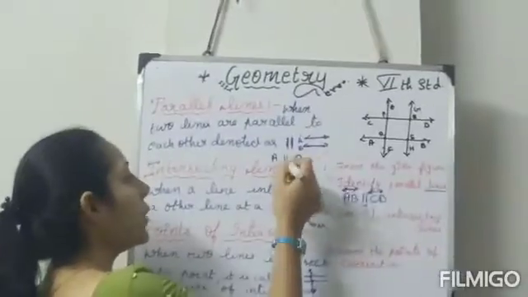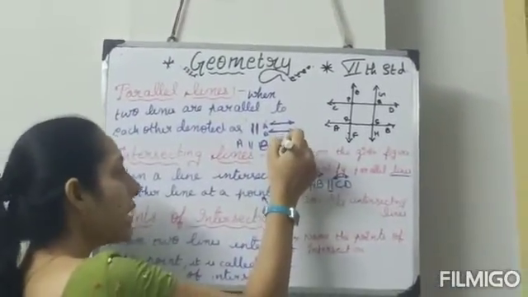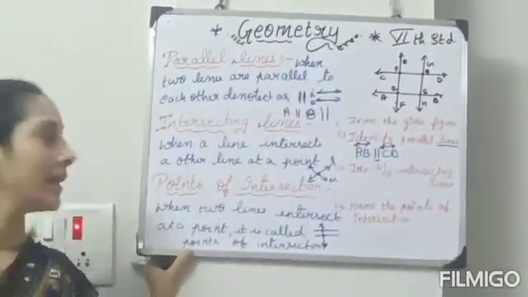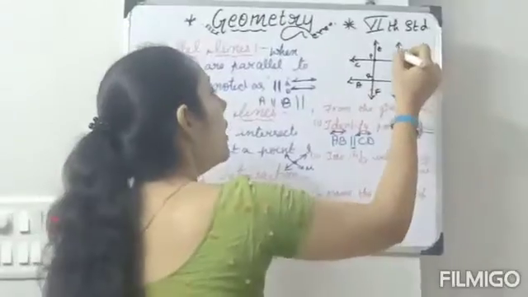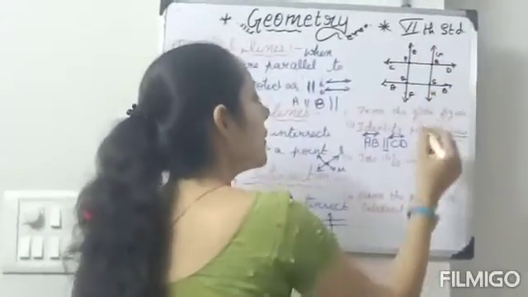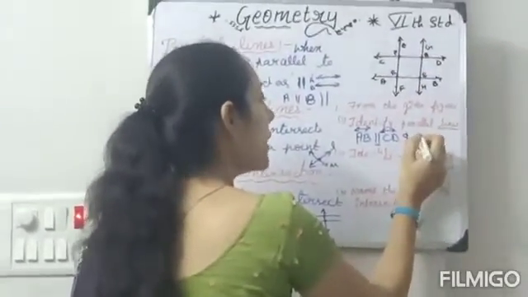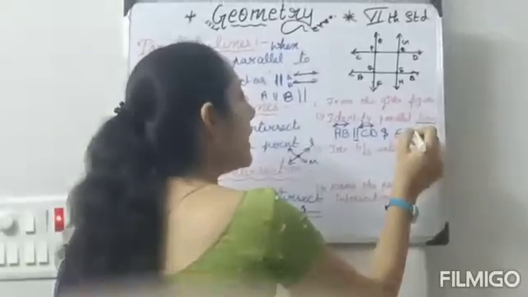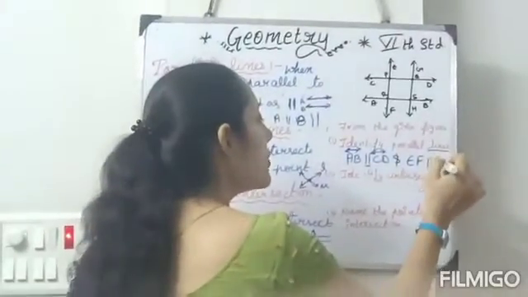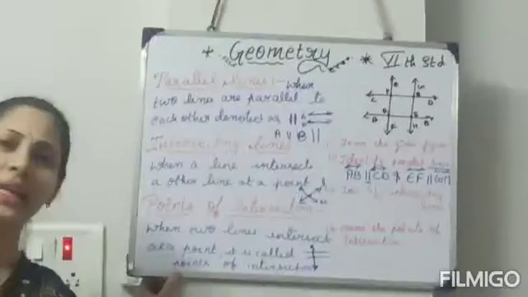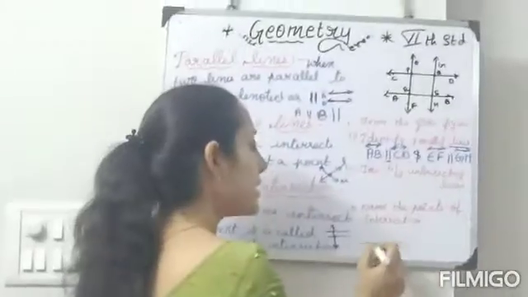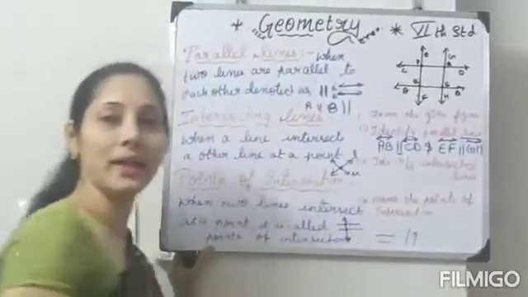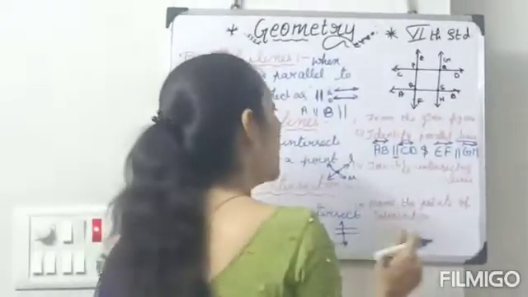But again, here also we are having parallel lines. See, students, it can come like this also. Like this also you can get parallel lines. So, EF parallel to GH. What are our other parallel lines, students? EF parallel to GH. That's it. See, this is a parallel line, this is also a parallel line. Both are parallel lines. Okay.